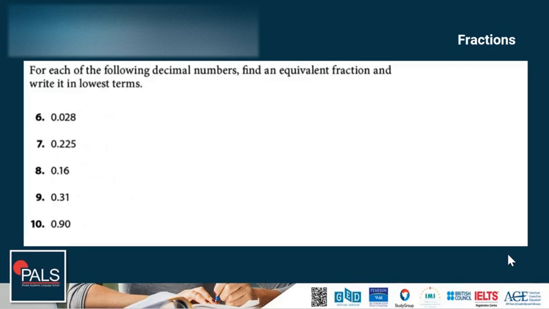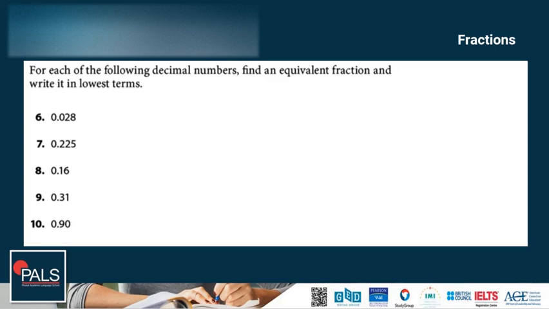Okay, another tryout. For each of the following decimal numbers, find an equivalent fraction and write it in lowest terms. Again, pause the video. Then after answering questions 6 to 10, continue the video so that you can check your answer. Are you done? The answers are